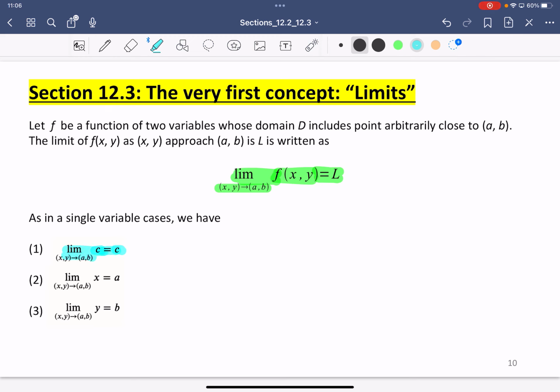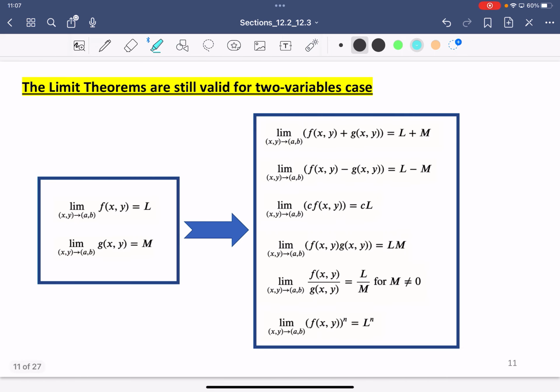If you see limit of x, you can plug in x equal to a, you get limit equal to a. Here you can plug in b, so you're gonna get b to y. And the limit theorems, you can use them because if you have limit of f equal to L, limit of g equal to m,